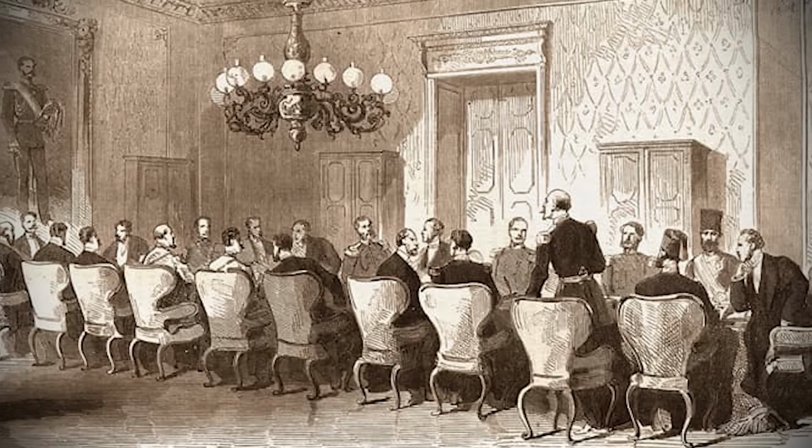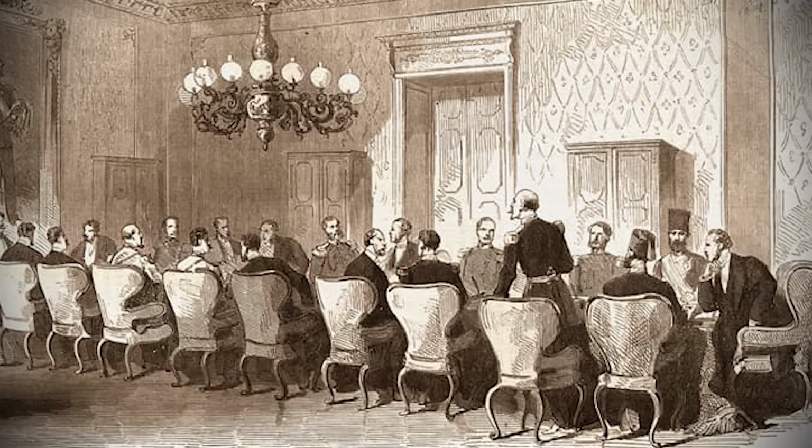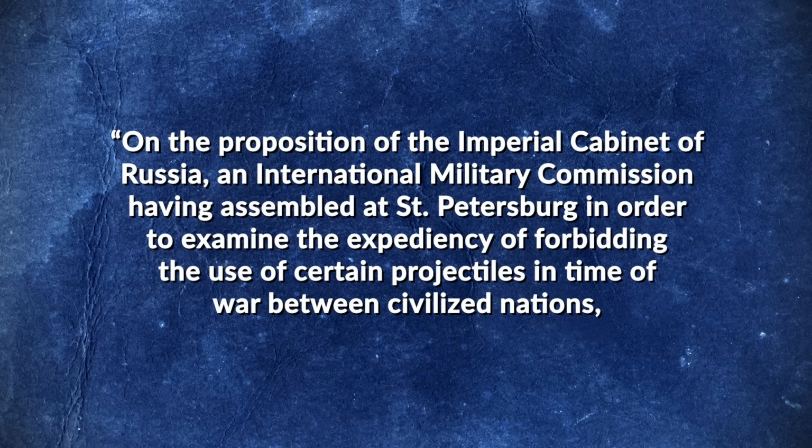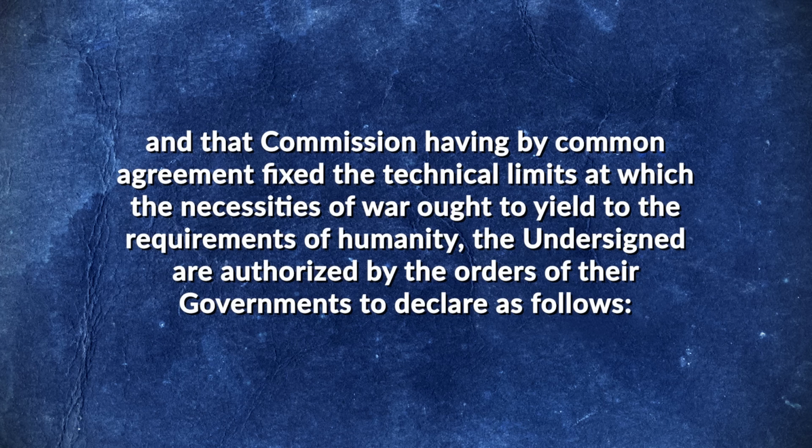The resulting treaty, dubbed the Declaration renouncing the use in time of war of explosive projectiles under 400 grams weight, or simply the St. Petersburg Declaration of 1868, was signed by all 18 attending delegates and read in part, quote, on the proposition of the Imperial Cabinet of Russia, an international military commission having assembled at St. Petersburg in order to examine the expediency of forbidding the use of certain projectiles in time of war between civilized nations, and that commission, having by common agreement fixed the technical limits at which the necessities of war ought to yield to the requirements of humanity, the undersigned are authorized by the orders of their governments to declare as follows,